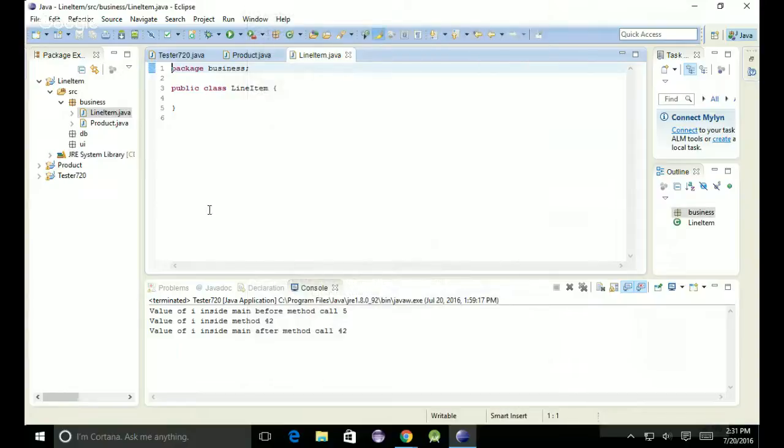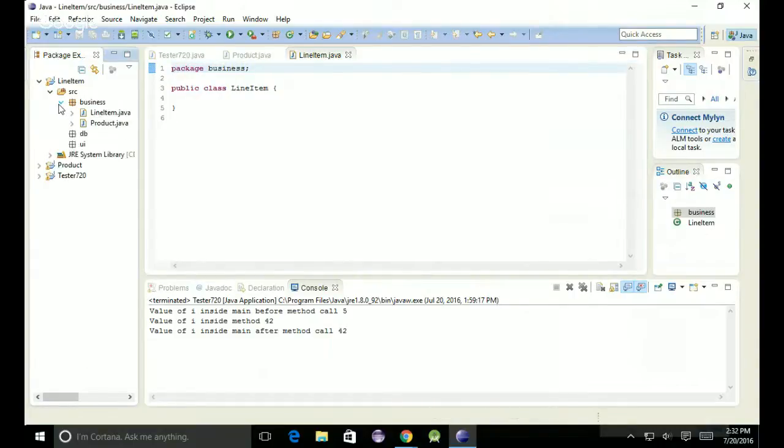You said the business package does not have a name? No, it's not going to have a name. So from the line item, you learn another class in business. Yes, so we are now seeing you can have multiple classes in the same package. Do we have another class like the line item? We should have two, product and line item. So this is our business package, and now I'm sure you saw here you can use those arrows to open